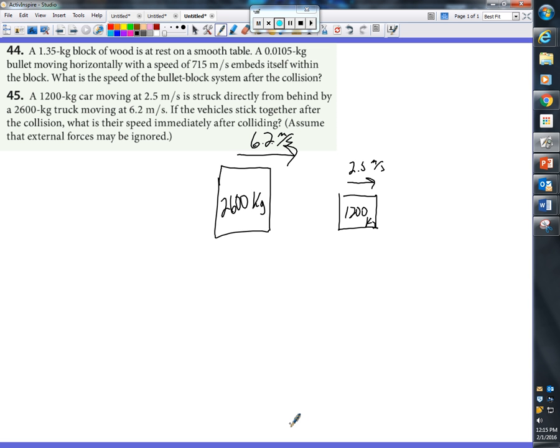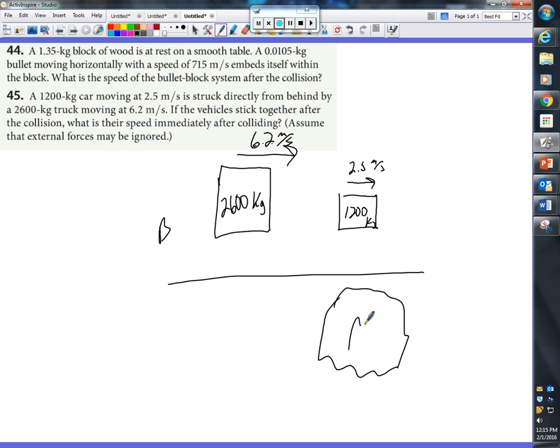So they are merging together. They are getting stuck and entangled with each other and moving off as one big thing. So if this is our before, our after is now we have one big entanglement of trucks with a big mass moving at some speed that way. So we can still use the conservation of momentum equation for perfectly inelastic collisions. So we have m1 v1 initial plus m2 v2 initial is equal to m1 plus m2